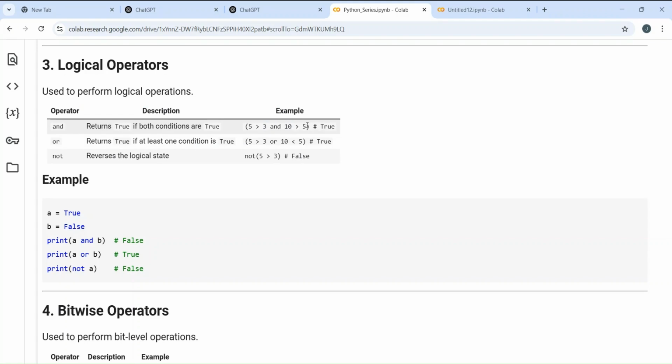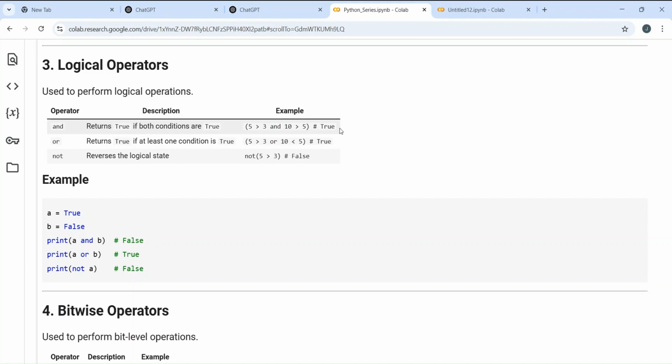The second one, 10 is greater than 5, will also return true. Then the and operator is applied on true and true, and ultimately you get true. With the and operator, remember one thing: if both the operands are true, then the and will be true. If one operand is true and one is false, and you are applying an or gate, then still it will return true.